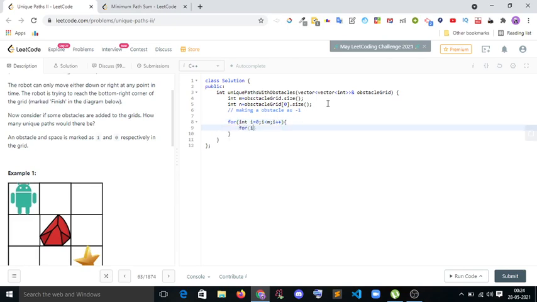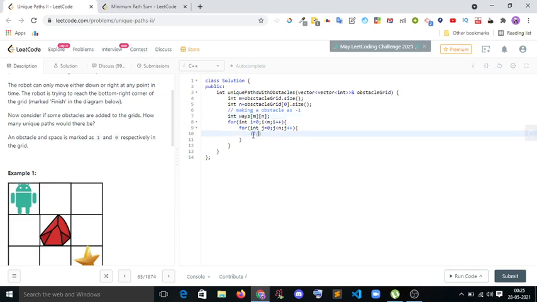For int j equal to 0, j less than n, j plus plus. And what did I there? I can make a 1. Okay, int ways, m and n.